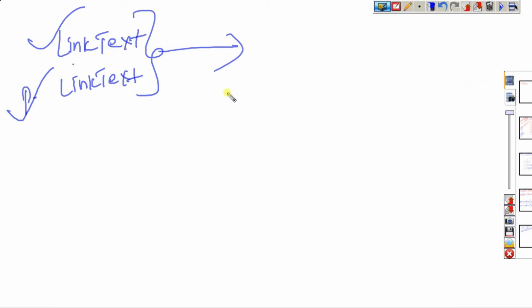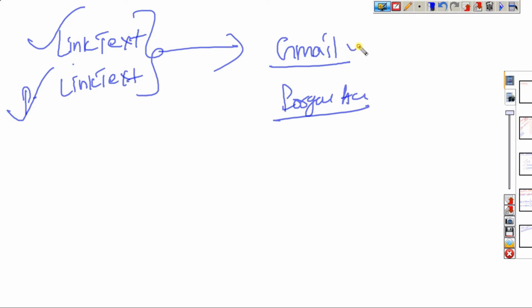These link text and partial link text locators are only to identify links, like the Gmail link or the forgot account link. They are for link identification purposes only.